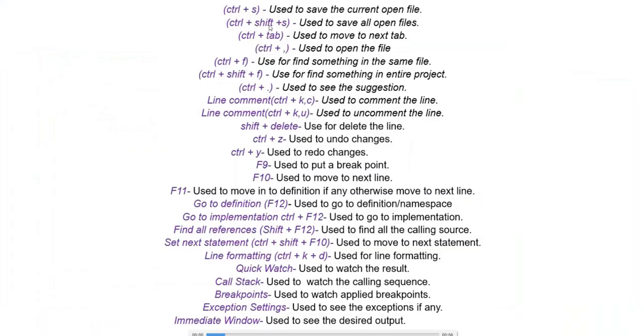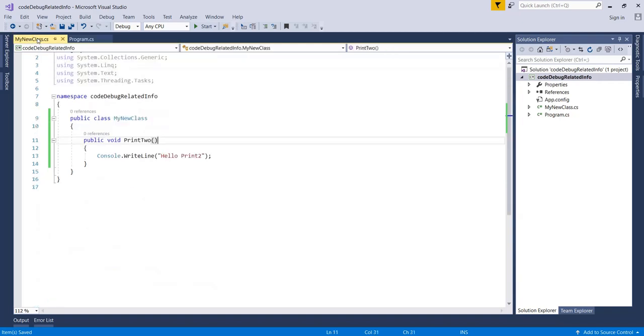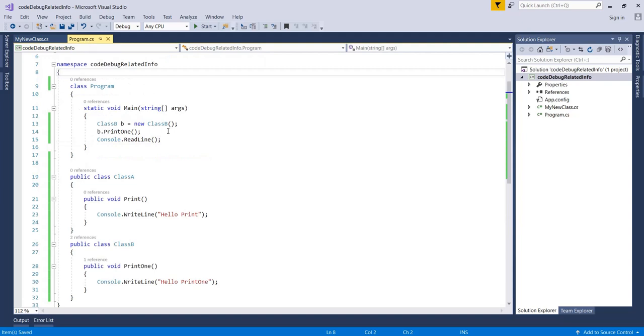Okay, so we have seen these two. Now Ctrl+Tab. Okay, I am in Program.cs. Suppose I have to switch back to NewClass.cs. So one option is I click on this. Okay, now I have moved to my new class. Suppose I have to switch back to this, so I will mouse click on this. So instead of mouse clicking, to improve our performance, we should use a shortcut key. Okay, so what is the shortcut key